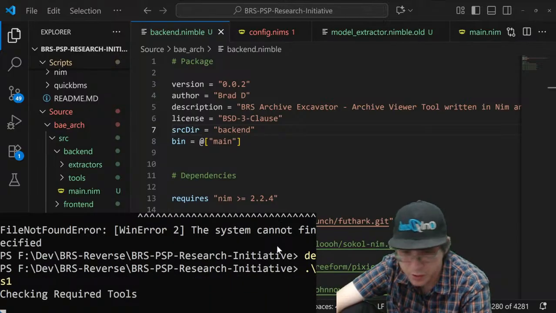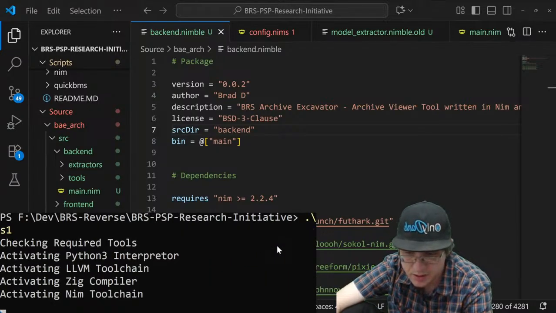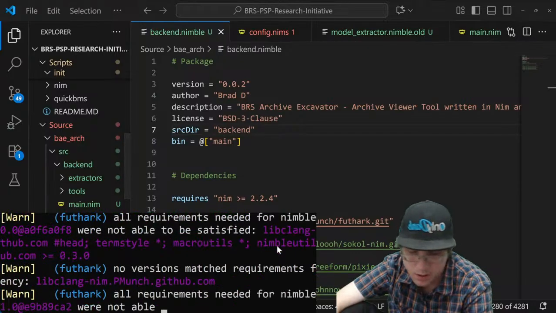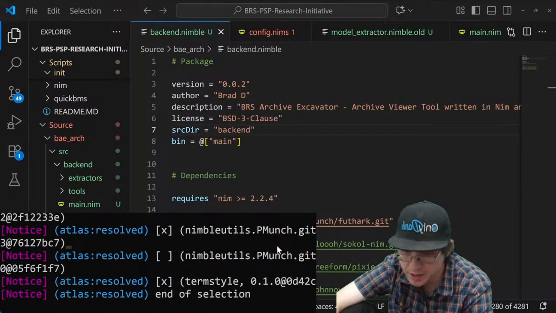I think it's going to. I don't think it's going to be back end. It might.